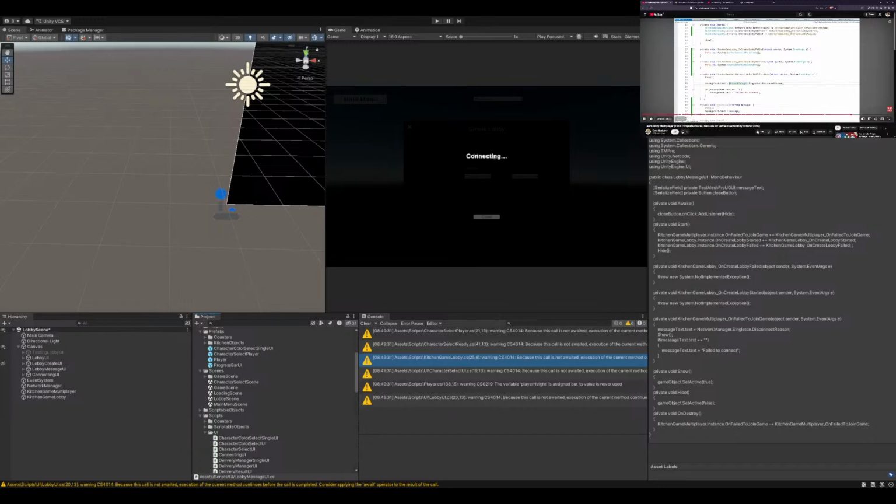So now up here we can simply show these, so do the exact same logic. So if disconnect reason is none, then let's call show message. And let's show the general message failed to connect. And if not, if we do have a disconnect message,